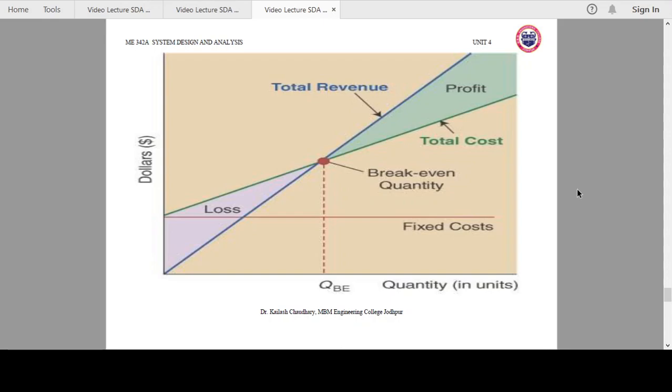The meaning of this break even quantity is that if you produce less quantity than this QBE, you fall in the left side of this diagram. That means you will be in loss. So at least you should produce this break even quantity to keep your business without any loss. Similarly, if you produce quantity more than this break even quantity, you move to the right of this diagram where you can see that there is a profit area. So the summary is that if you produce more quantity than this break even quantity, you will get profit.